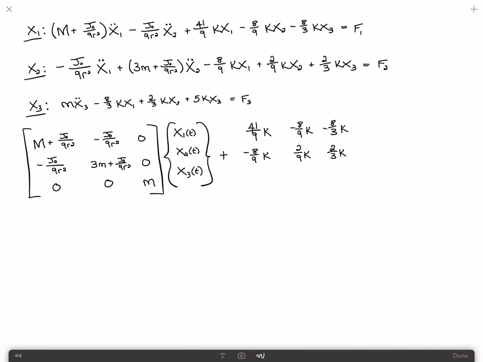And then minus 8 over 9 k, minus 8 over 3 k, I should say. Two-thirds k, and 5k. This is times, oh, I made a mistake. This should be the acceleration. I left off the double dots here. Please don't do that. x1 of t, x2 of t, x3 of t,